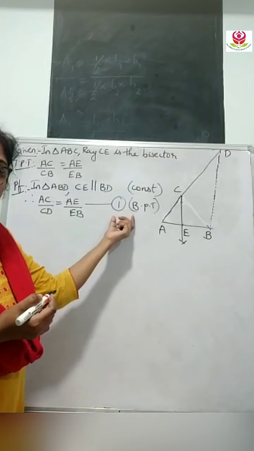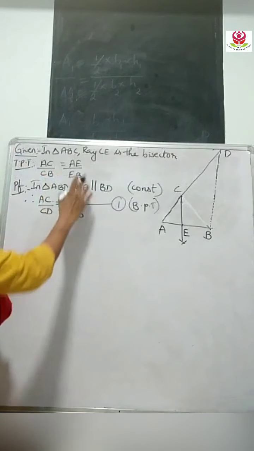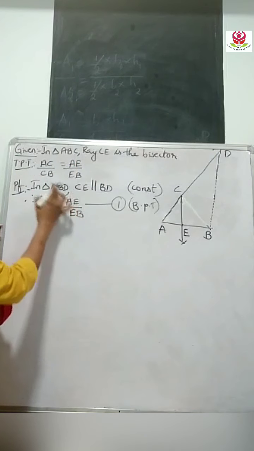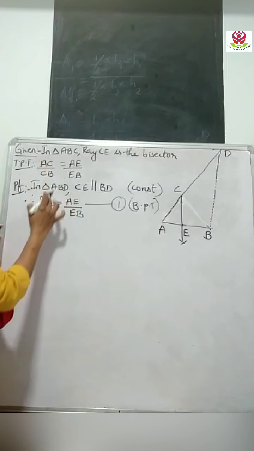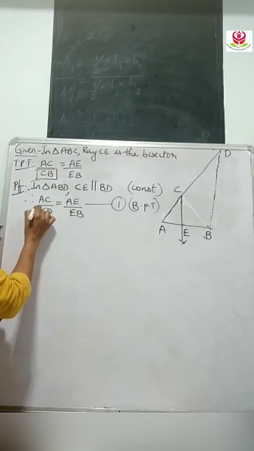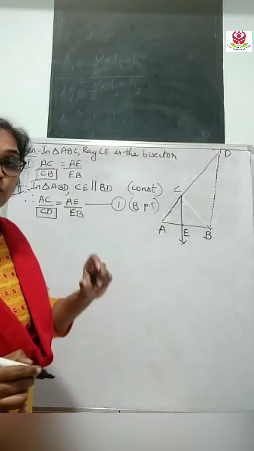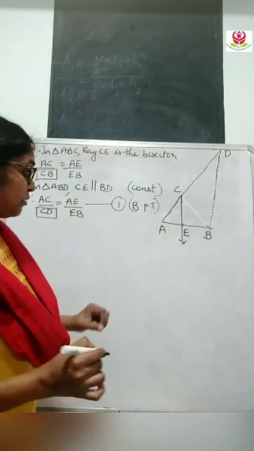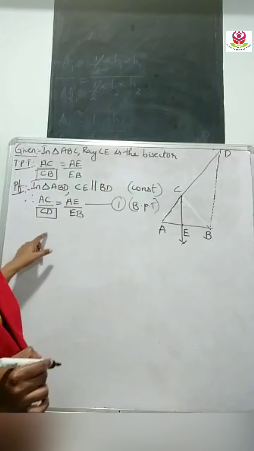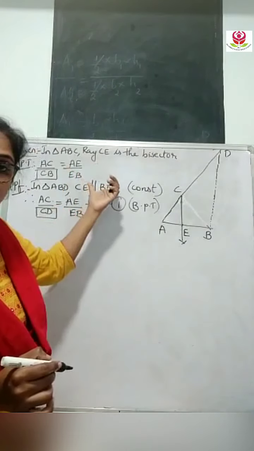Now if you compare the equation which you got right now with what you have to prove, you can see that you have got exactly AE upon EB on the right hand side. On the left hand side, the numerator AC remains the same, whereas the denominator here is BC, and in the equation you have got CD. So that is the only required change which we have to make. That means for getting the final result, you have to show that BC and CD are one and the same. Once you show that they are equal, then you get the required result.